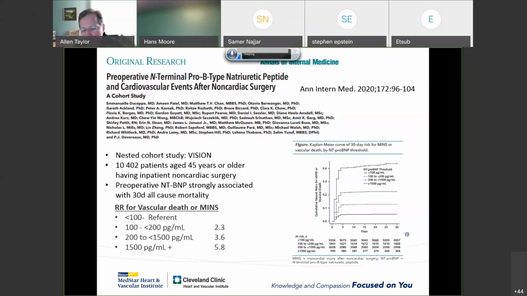And so they screened patients with BNP, and if BNP was low, and you see this in the graph at the right, below 100 picograms per milliliter, there was a very low risk of 30-day MINS or vascular death. Whereas at higher levels of BNP, screened preoperatively, and this is not in patients with heart failure or that you would expect to have an elevated BNP, there was a graded relationship to outcomes, such that what they do is